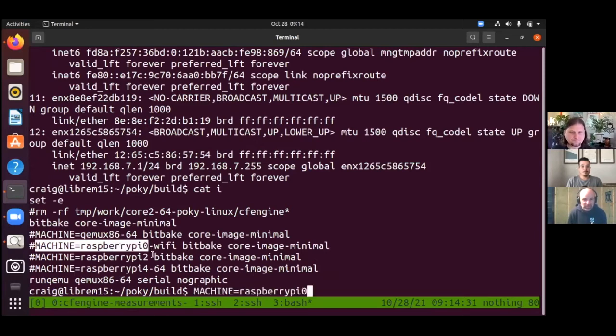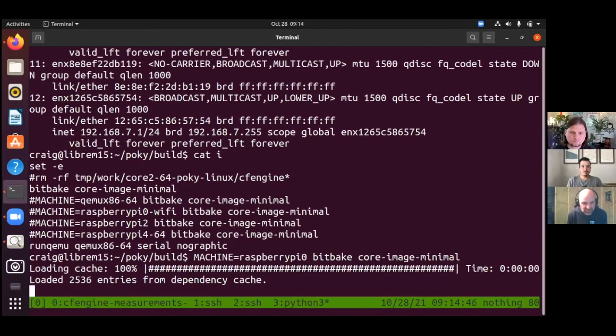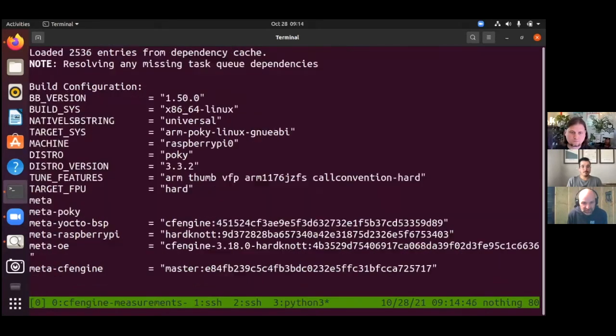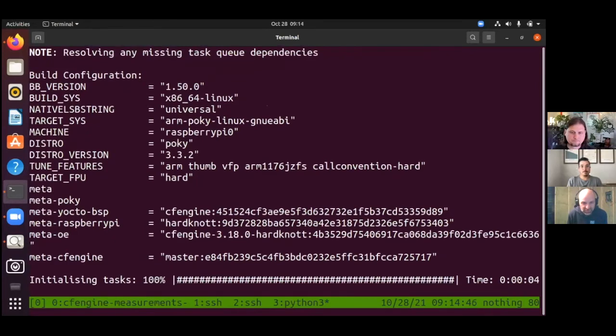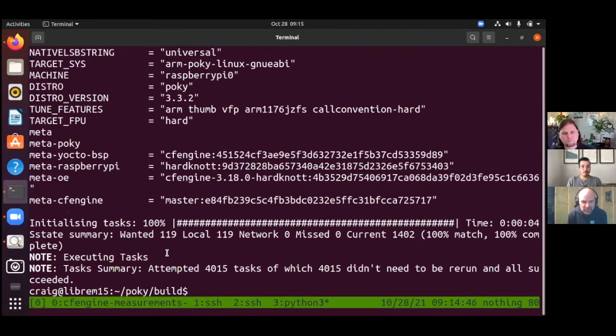The command to build it is you say which machine you want, in this case Raspberry Pi Zero, bitbake, core image minimal, because I'm a minimalist, and then it goes and builds it. I've already done this, so it's going to build nothing because everything's all good. But it can take quite a long time depending on your machine and your internet speeds, because they build a whole bunch of stuff, like something like 3,000, here we go, 4,000 packages,